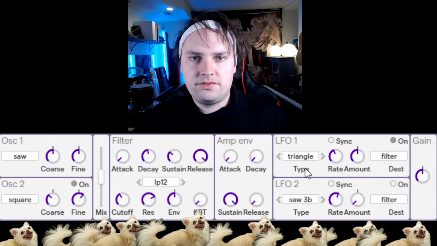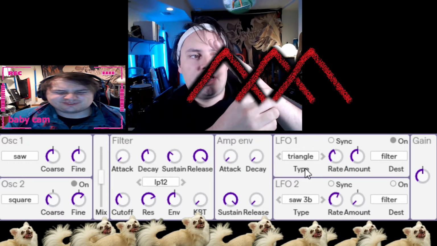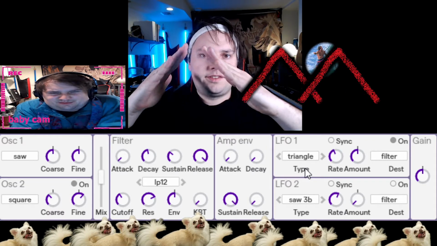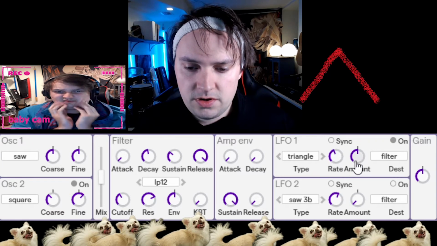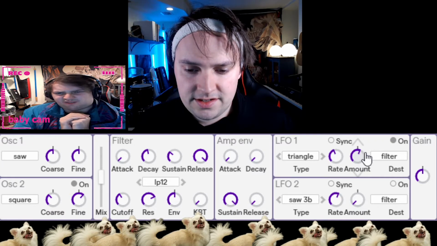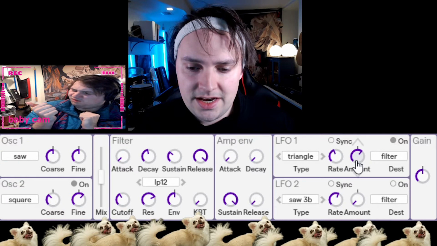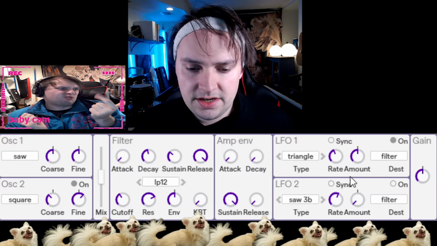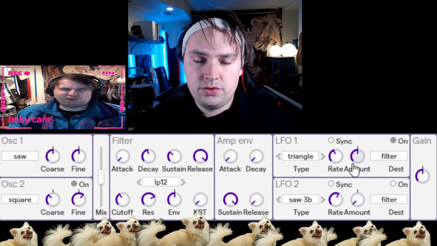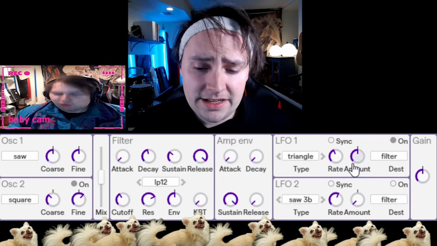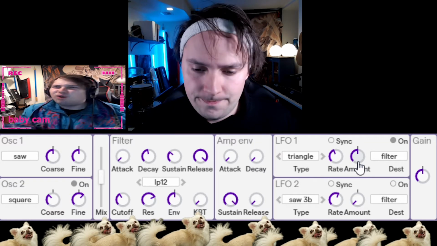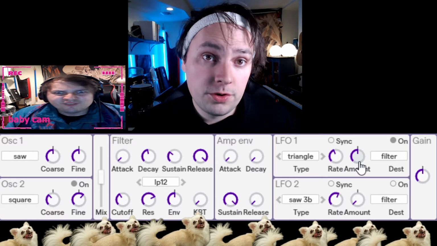An LFO is an oscillator. Triangle wave. Triangle wave looks like this, which means as it repeats, we have little peaks and valleys as the wave continues. And so the amount that I set this on is going to be a positive amount if I go to the right, and a negative amount if I go to the left. That's important because, say, I want the filter to go wah, wah, wah, and move the low-pass filter through the frequency spectrum. What I would do is I would just hold a note to here,